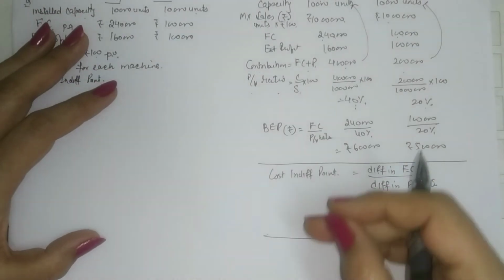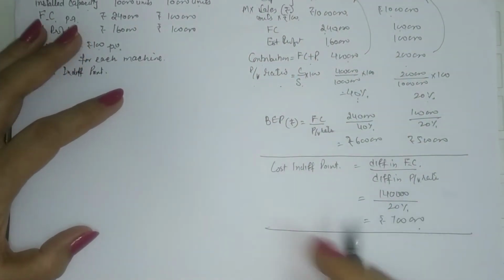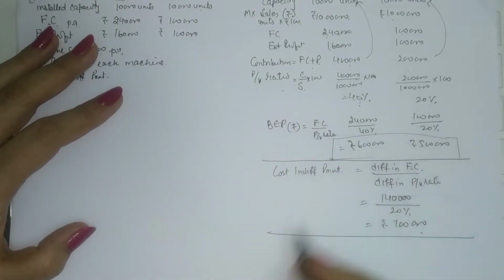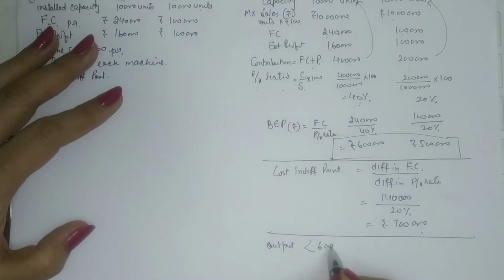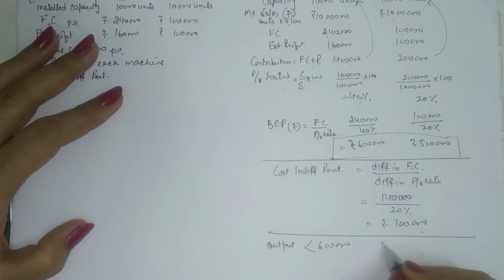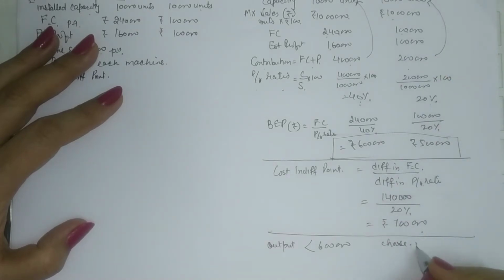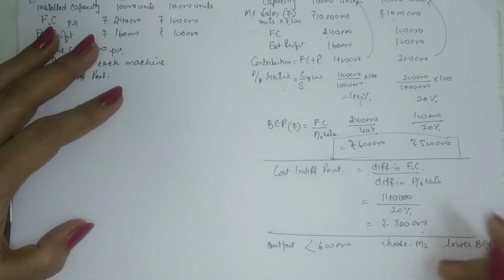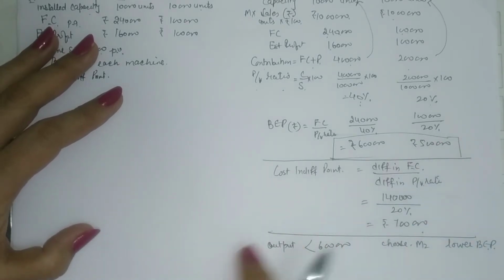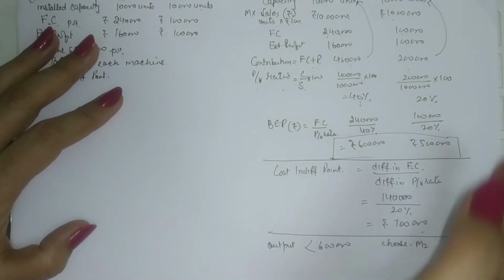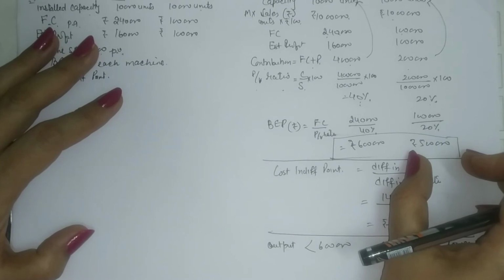Now, how will you make the management decisions? So let us see the effect of this. This we have already analyzed: if your output, or activity level, is below 6 lakh, then we are to choose the method, which one? Method 2, because it has a lower break-even point. Because if your sale goes below this, up to 5 lakh, you will at least make some profit here. And even below this, this will give you lesser losses.